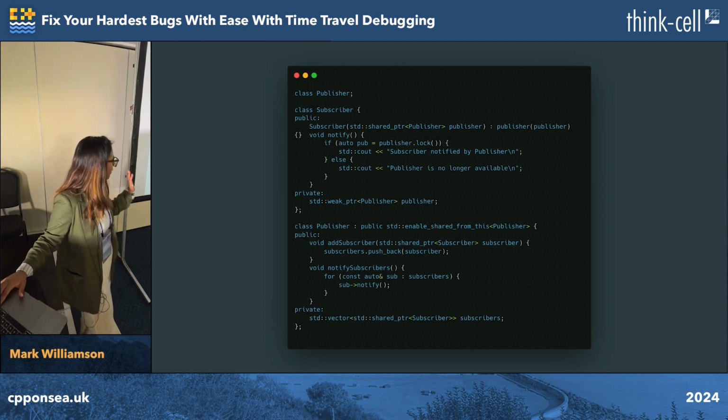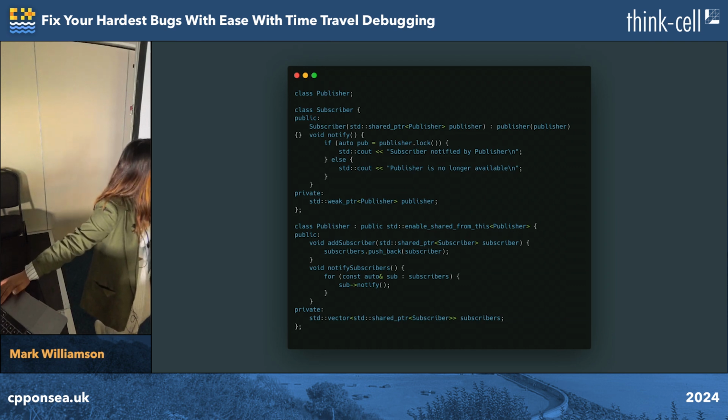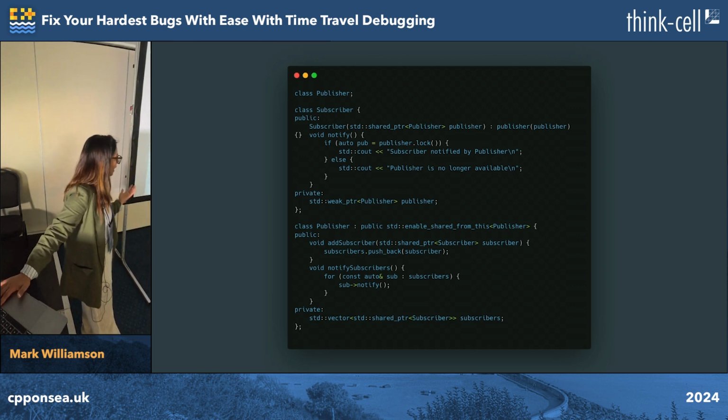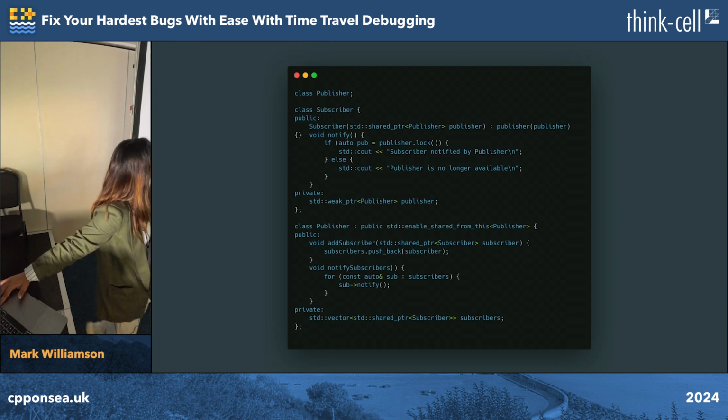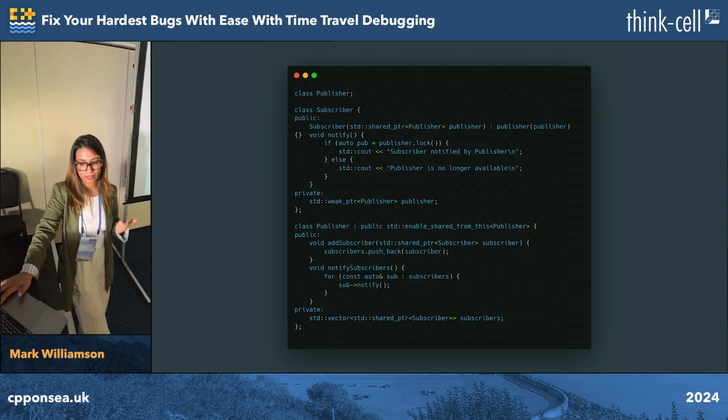This is an example of a PubSub pattern. I have a subscriber, and it is using shared pointers first. If we want to notify, I have that functionality for the subscriber. In parallel, I have the same functionality for the publisher as well. If I want to add a subscriber for a particular publisher, I can do that. And if I want to notify the subscriber, I should be able to do that too, eventually converting the weak pointer to a shared pointer as well.